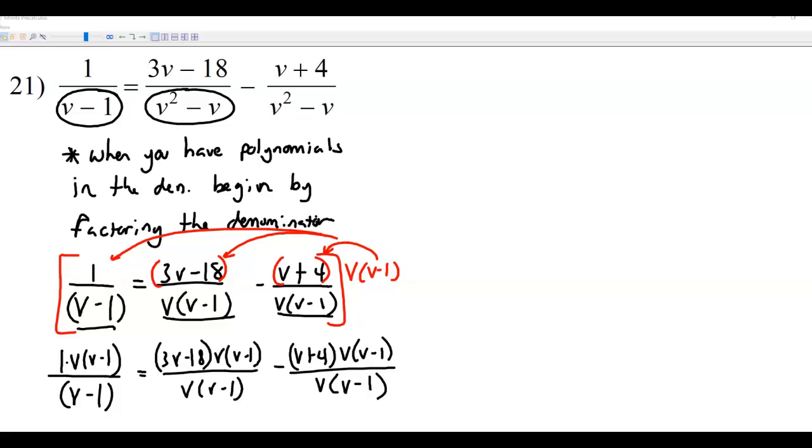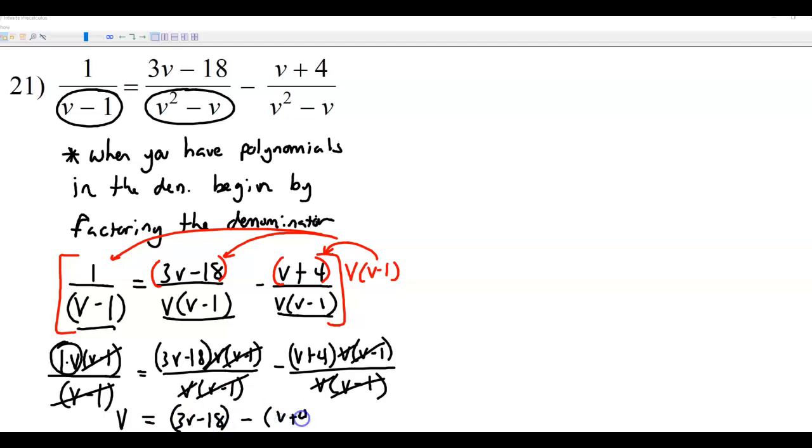Okay, and then after that, we're going to go ahead and start reducing whatever we can. So like this goes away. The v's go away here, and the v minus 1s. Same thing over here. And now I have a little bit of a simpler equation. I've got 1v, so I'll just write v, and then 3v minus 18, and then